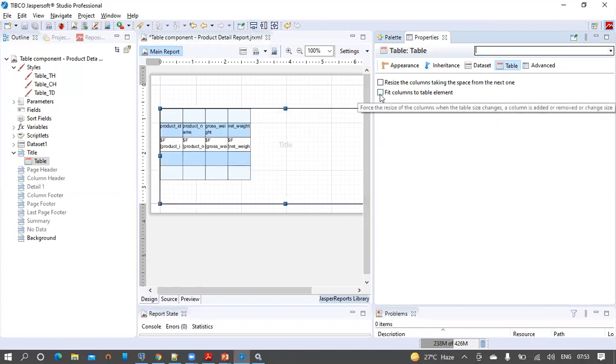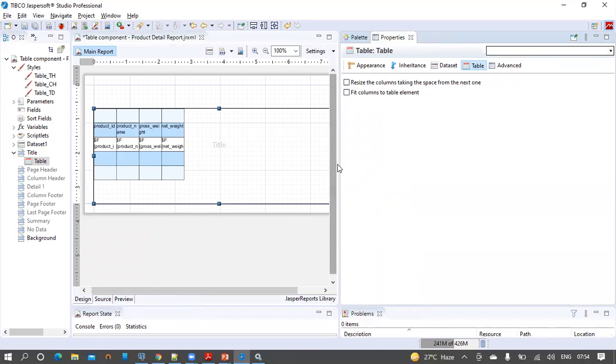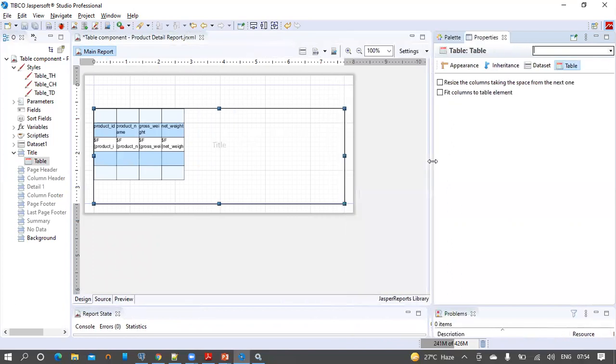Now apply the second option, which is fit columns to the table element. As soon as we click on this option, all the columns will take the same width, and those columns will be adjusted to the width of the table component. So click on this fit columns to the table element.